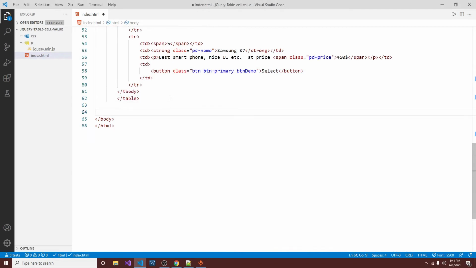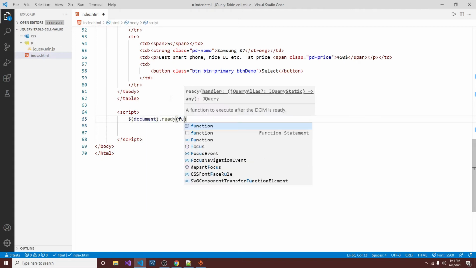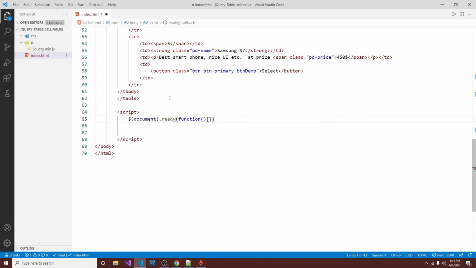Every JavaScript function should be written inside a script tag. So first we create a script tag. And in jQuery, every function should be written inside document.ready. Now add a button click event. Here we have the class as btn demo.